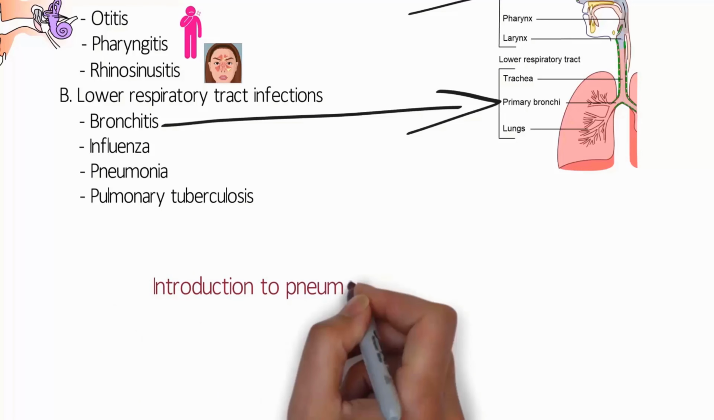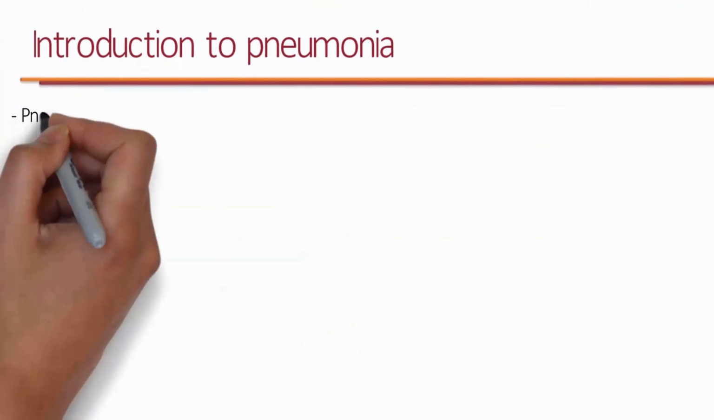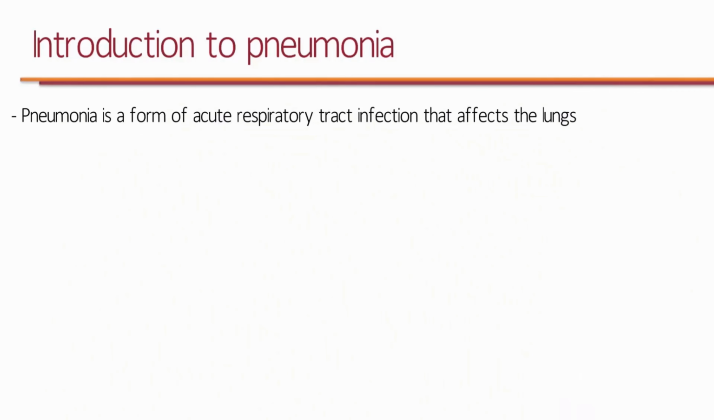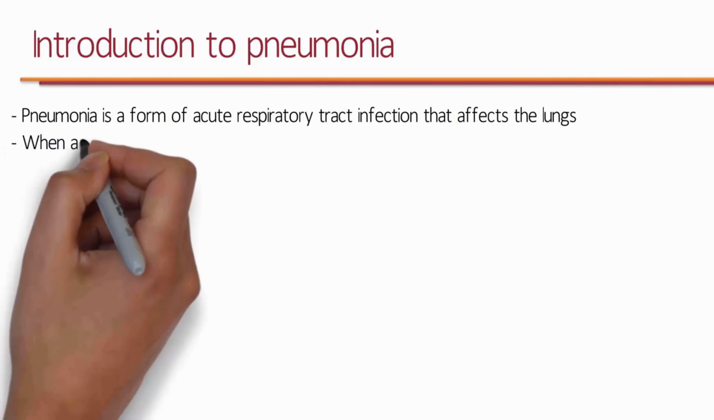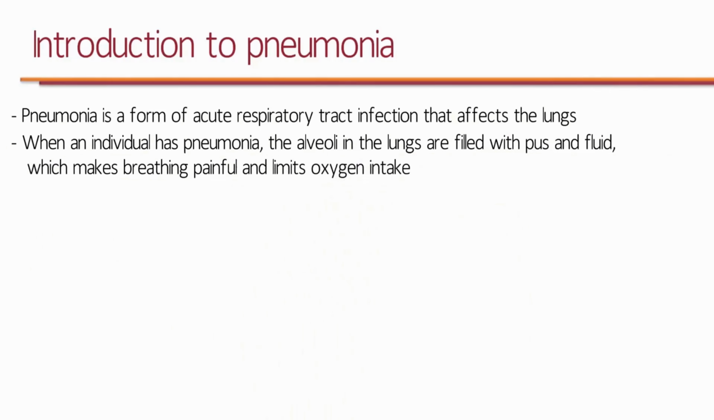Now, let's take a look at pneumonia. Pneumonia is a form of acute respiratory tract infection that affects the lungs. When an individual has pneumonia, the alveoli in the lungs are filled with pus and fluid, which makes breathing painful